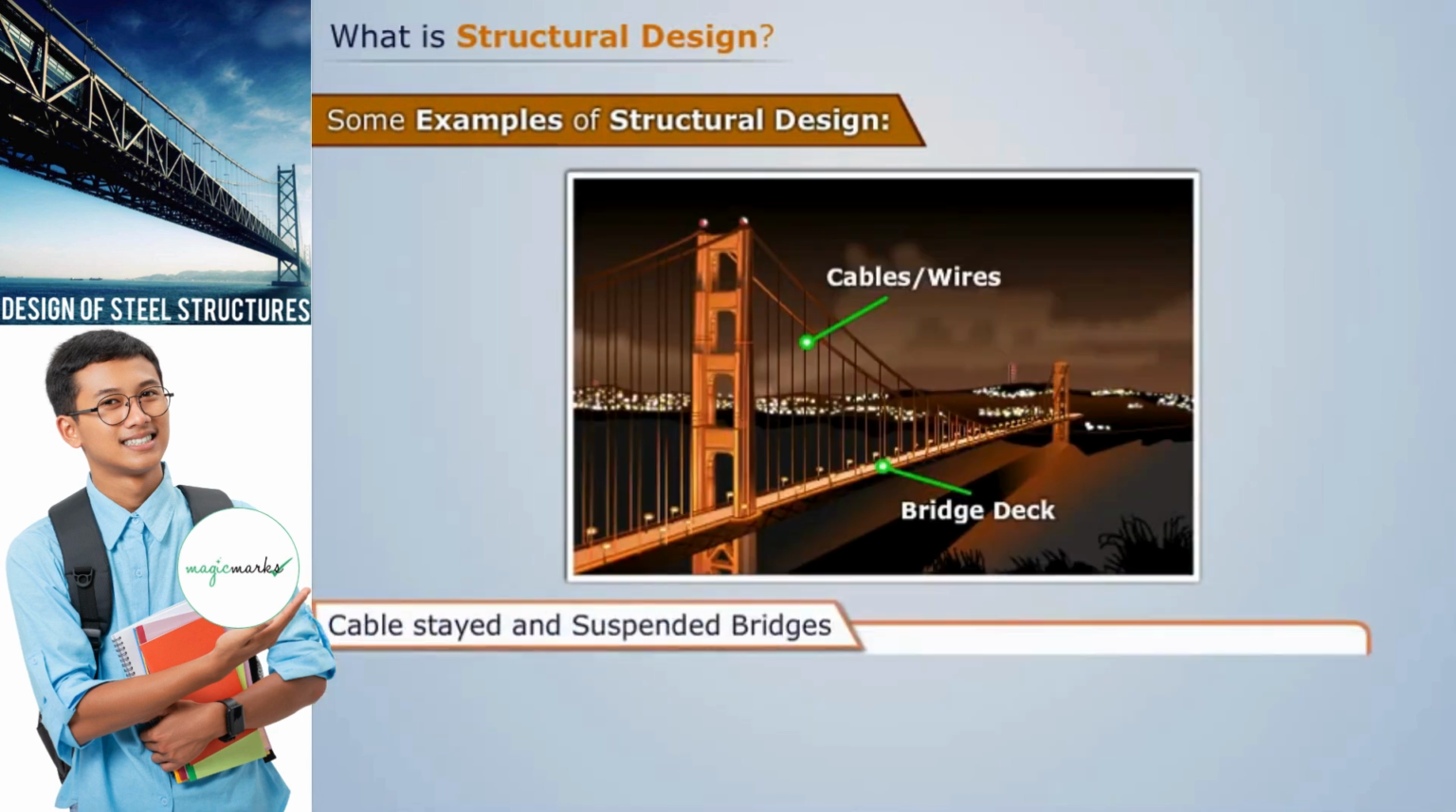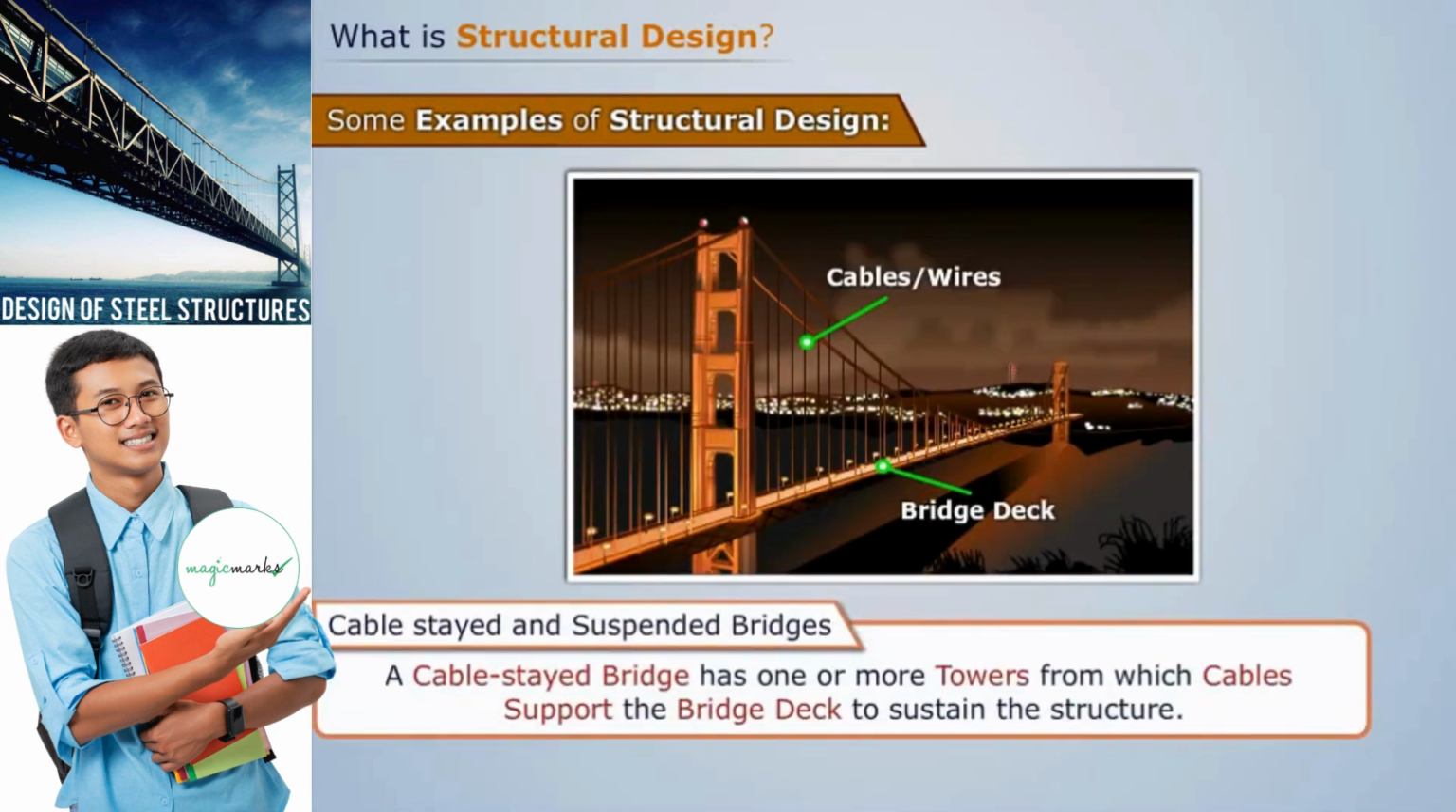Cable-stayed and suspended bridges. A cable-stayed bridge has one or more towers from which cables support the bridge deck to sustain the structure. Related terms are